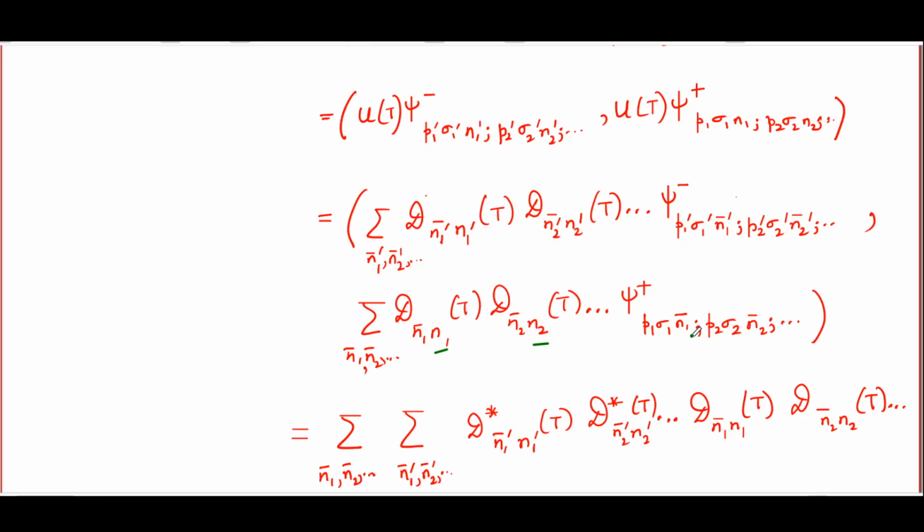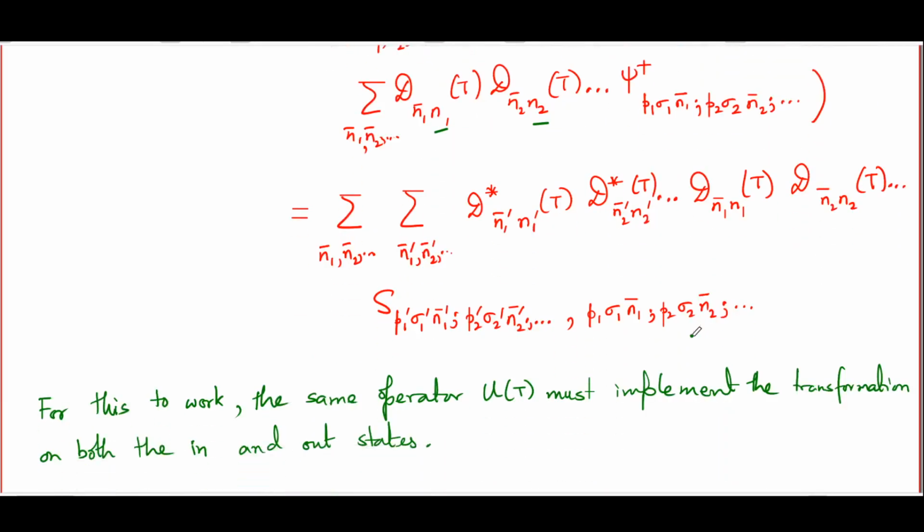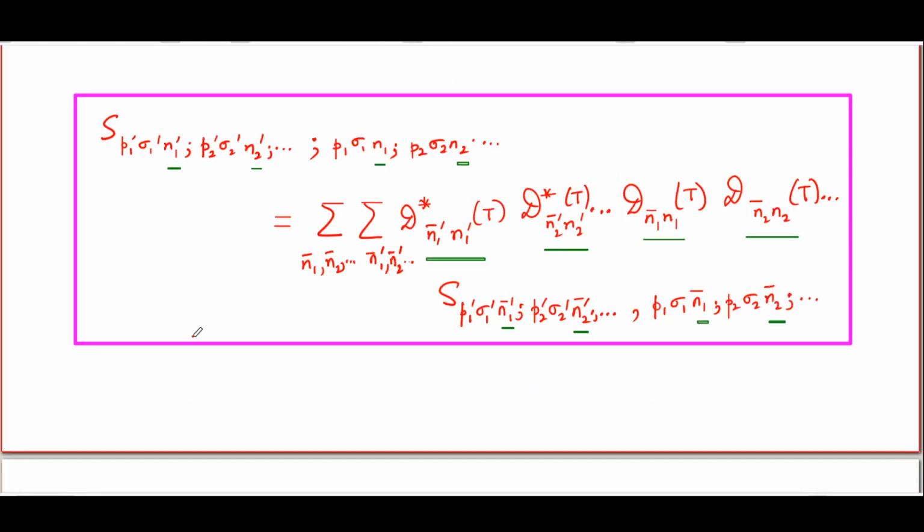But that is exactly what we mean when we say that the T's, all the internal symmetry operations together, actually are a symmetry of our system. This actually is my definition of what symmetry of a system means. If a particular system has a symmetry, then that symmetry must be implemented by the same unitary operator acting on the in states as well as the out states. The upshot of all this is that the existence of an internal symmetry of a system imposes this particular restriction on